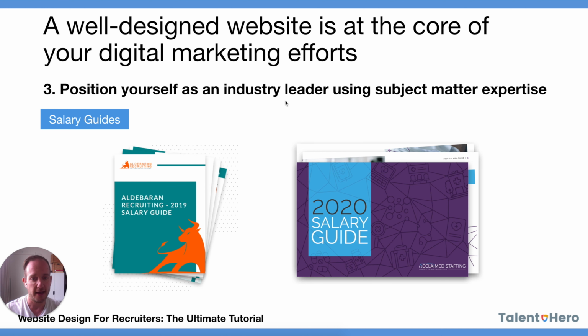These are basically guides showing the different salaries of the positions that you fill. Now, one reason they're so great is that everyone loves to know what people are paid. It's a taboo topic, nobody talks about it, and both clients and candidates are going to find this interesting. So if you can provide high value information there, you're going to get people who are going to look at